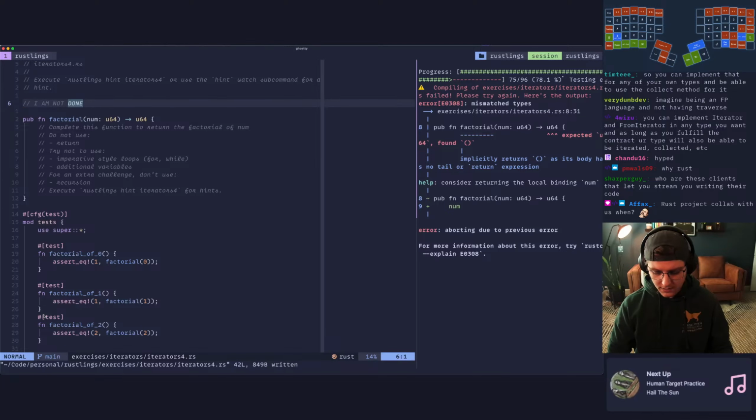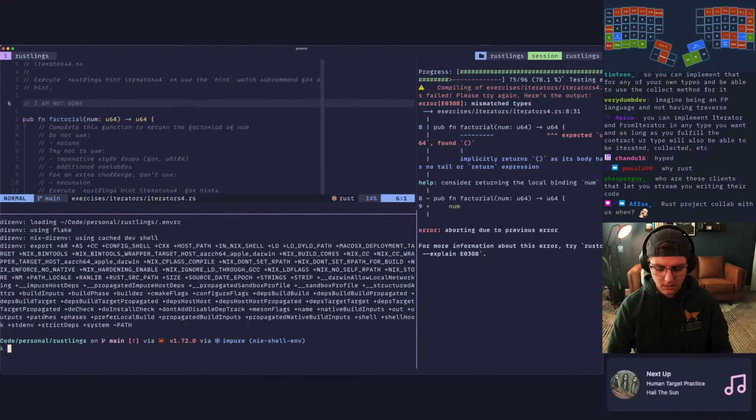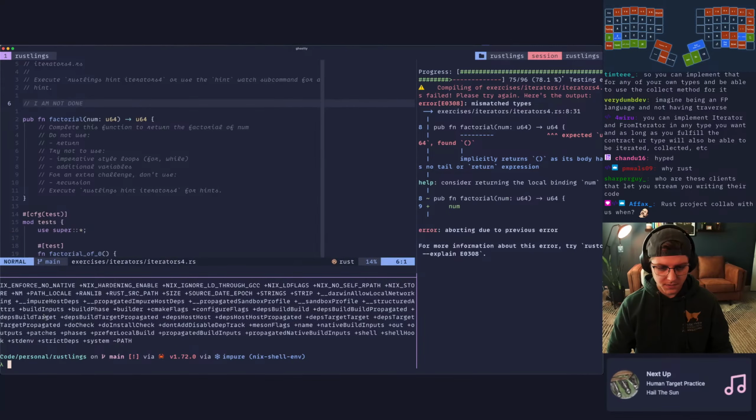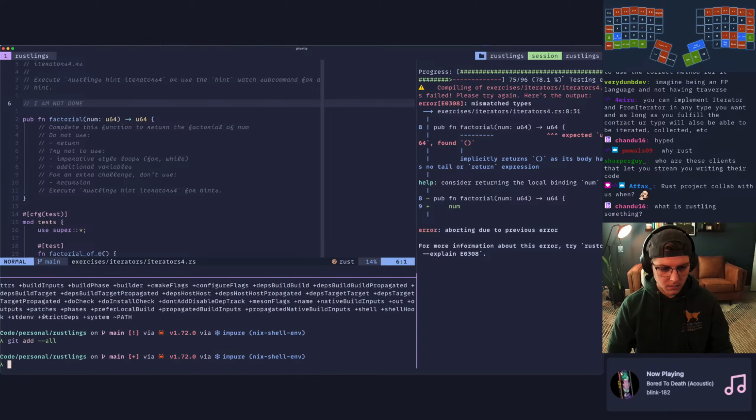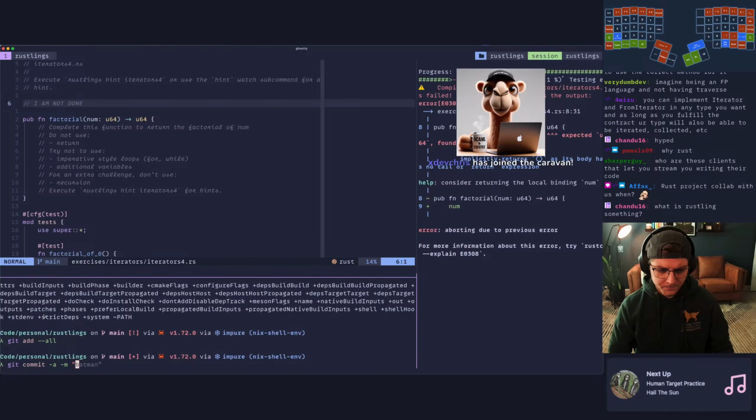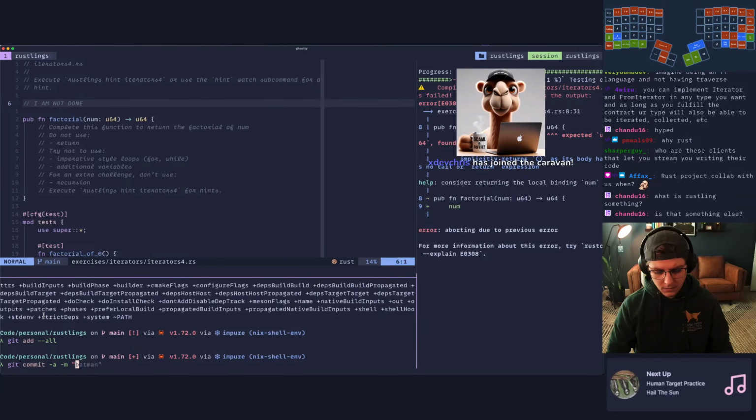We got that big one knocked out of the way, so I feel pretty good about that. So let's do a commit here. Okay, git commit that, and we'll say work through lifetimes and iterators.